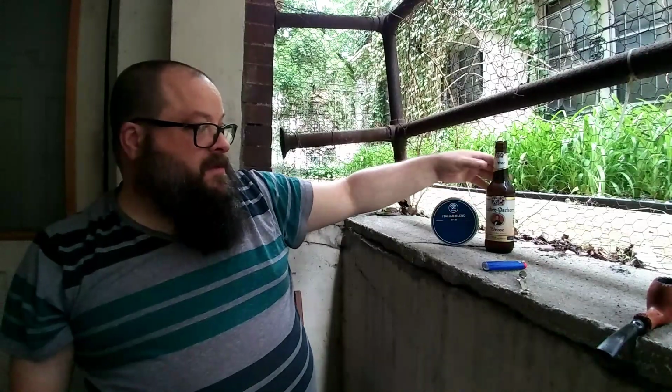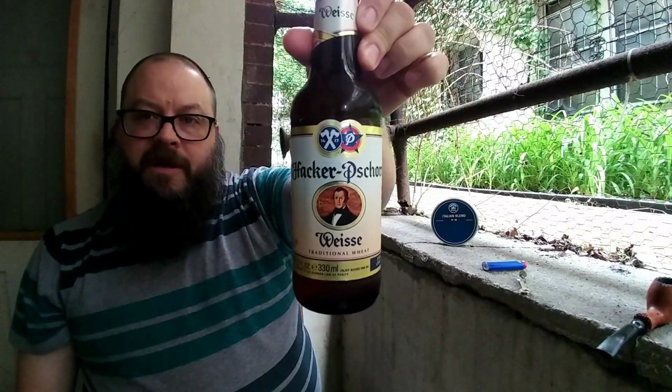It's really nice though. And then of course I've got a little German beer to go with it, a little Bavarian Hacker-Pschorr Weissbier. Probably my second favorite Weissbier. I prefer Franziskaner. For some reason, despite all the German influence here in Milwaukee, I'm having a hard time finding Spaten or Franziskaner. Franziskaner is my all-time favorite wheat beer. Even with all the awesome breweries around here, you really can't beat Franziskaner. Hacker-Pschorr comes a close second. Good thick texture to it. Oh, here comes the sun again, which means I'm about to get darker, but